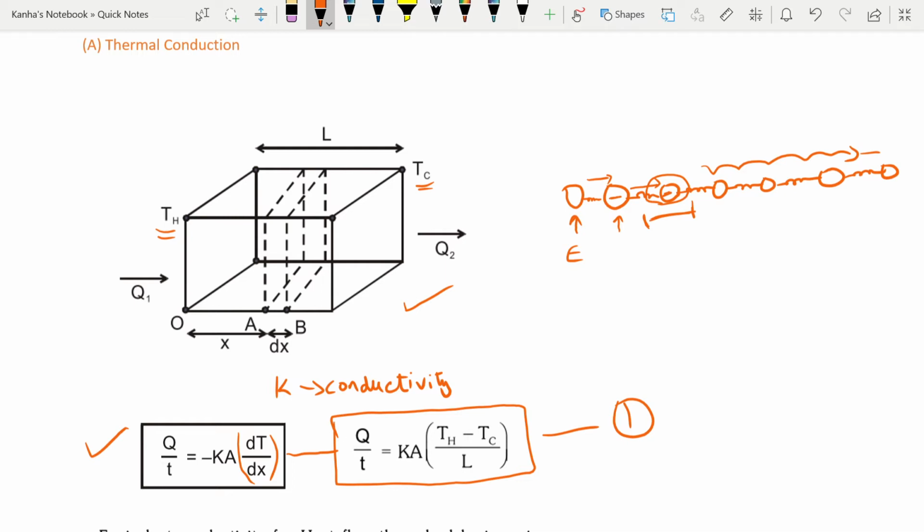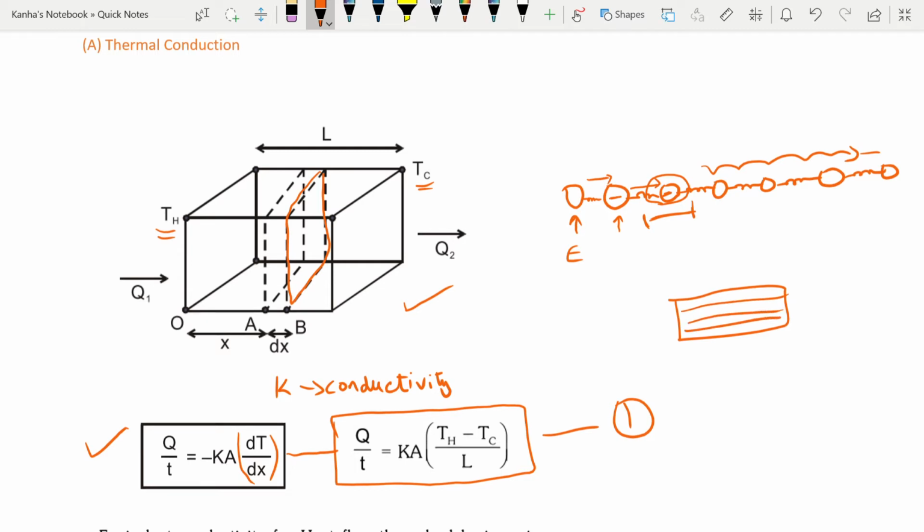One another thing that you should note is the concept of steady state. So if the temperature of a cross section, let this be your cross section, at any point in the slab remains constant with time, you should remember that it does not vary with the position x. Then the slab is said to be in a steady state. Note that steady state is different from thermal equilibrium. In thermal equilibrium, the temperature at any position in the solid will be the same. So if this is my solid, this is my material, in thermal equilibrium, everything will have the same temperature.